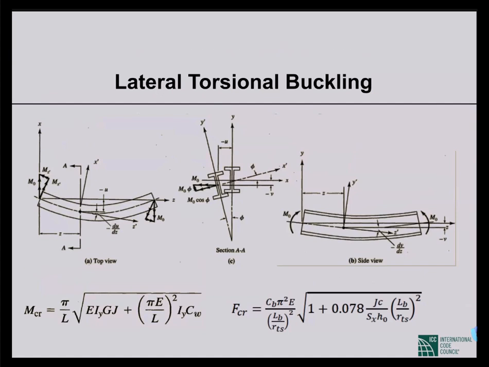And because torsion is involved, that's why we have shear stresses. That's why we have shear rigidity GJ here, that is, shear modulus of elasticity and polar moment of inertia. And this type of torsion, in the I section, always causes warping, that is, longitudinal stresses, normal stresses too. So those normal stresses, the warping constant, reduce the capacity. So Cw is another warping constant that comes into play. So ultimately, the capacity is expressed in this type of formula.